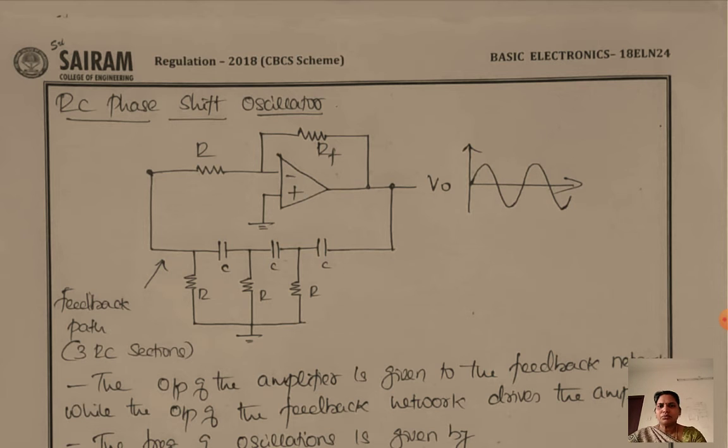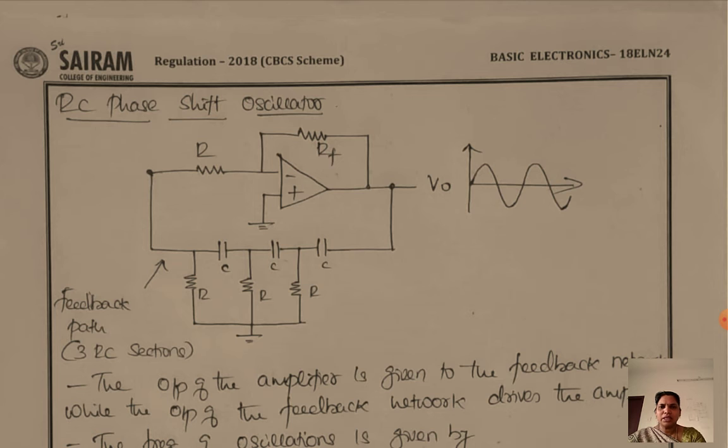We have taken an inverting amplifier. You can observe there is an inverting op amp with the input applied across the input resistor R, and there is a feedback path where you have the feedback resistor RF. So this is basically an inverting amplifier, so it will definitely produce a 180 degree phase shift of the output with respect to the input signal.